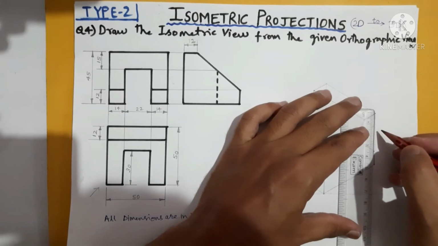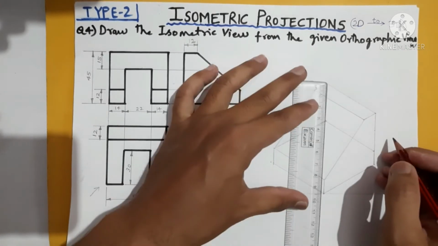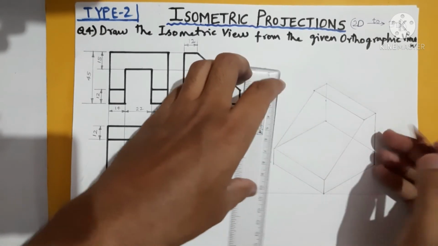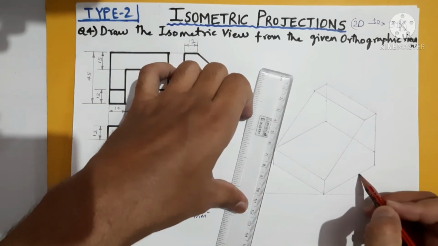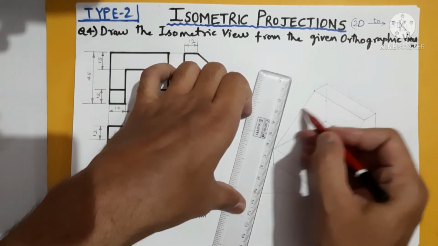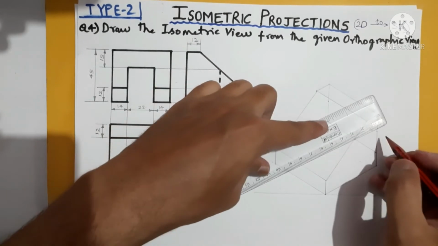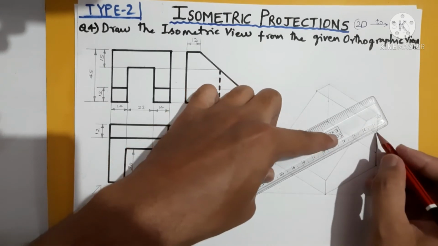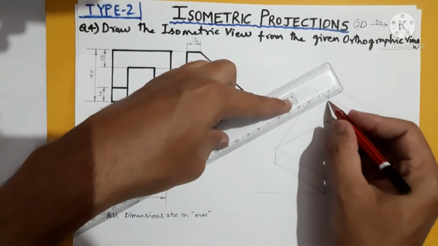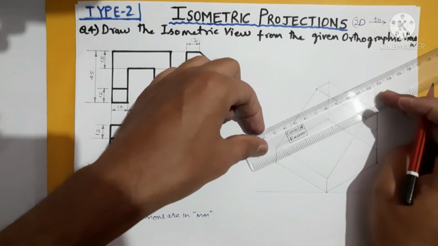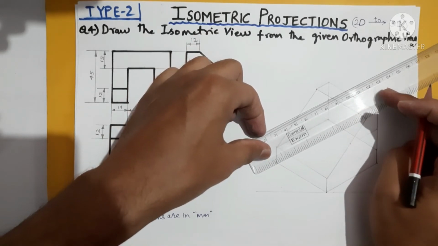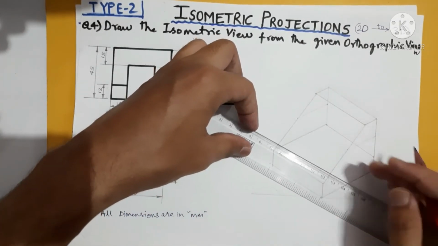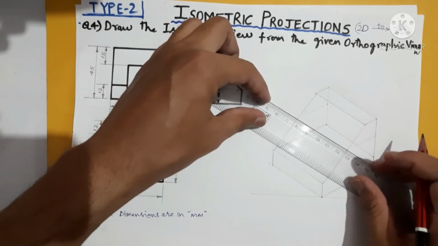With the help of a scale we will have 15 mm down, which is here, and on this line also 15 mm down somewhere here. After getting these 2 points which are 15 mm down, project them on this line. So parallel to this line or this line, you bring this point here and this point somewhere here. Now join these two, and the line by which we are joining will again be parallel to this.